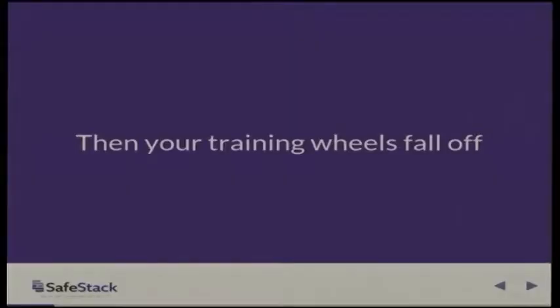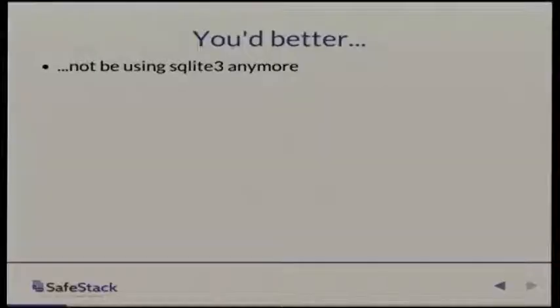And then it's time you finished your project, and the training wheels kind of fall off a little bit. You suddenly find that in the real world, getting a Django website out in the open into public is actually a lot more complicated. You'd better not be using SQLite 3 anymore. Actually, I say that, but there's valid reasons for doing that sometimes, but you probably weren't expecting to. You better have already sorted out all your logging infrastructure. You better be using the Python logging library and have done that weird dictionary configuration thing in the settings file,